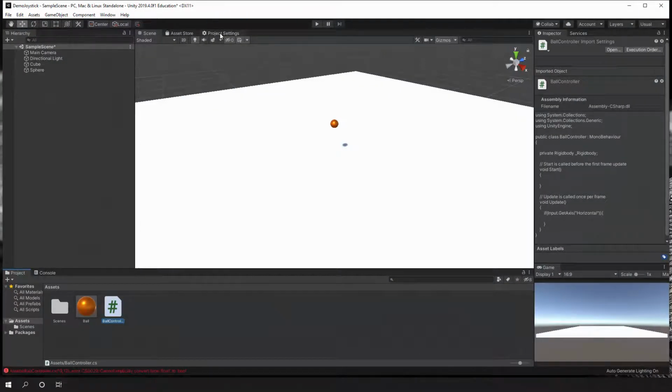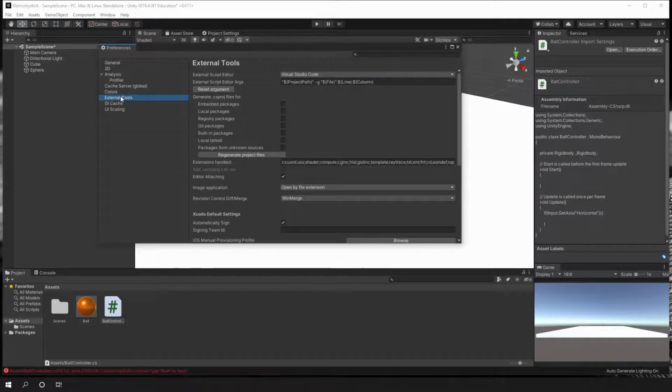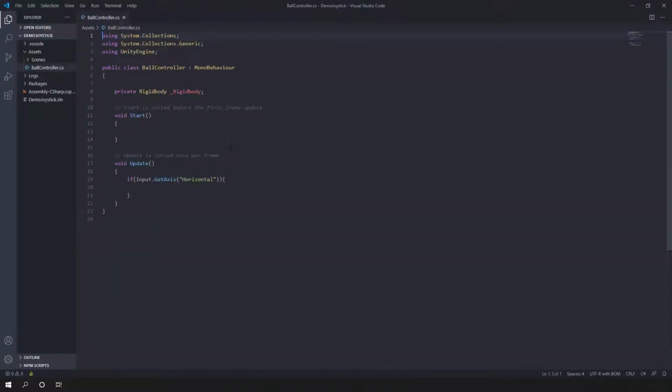So usually what we need to do is go into the preferences, and you can see that we have the external tools and we can regenerate the project files. Once we regenerate the project files, we can go back, double click on it, and Visual Code should be now able to load everything up correctly. Okay, so let's see.